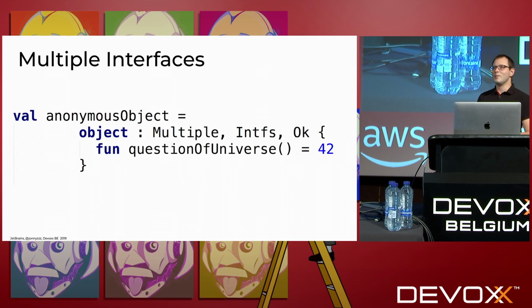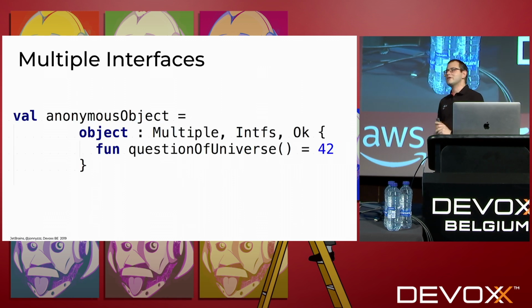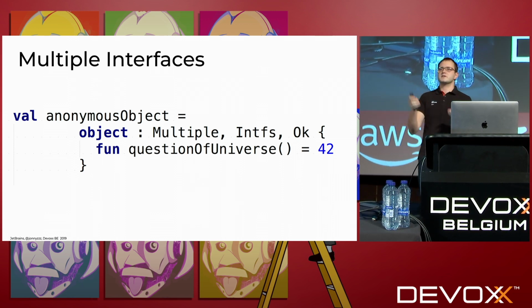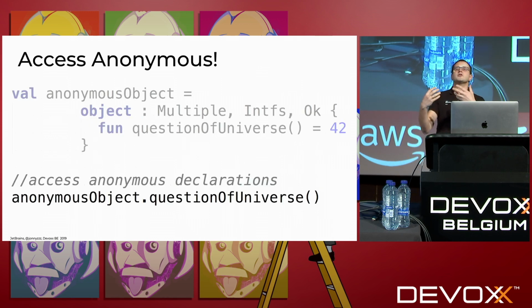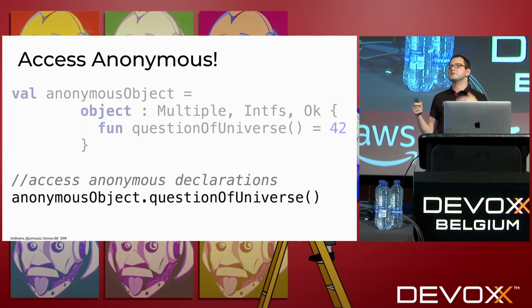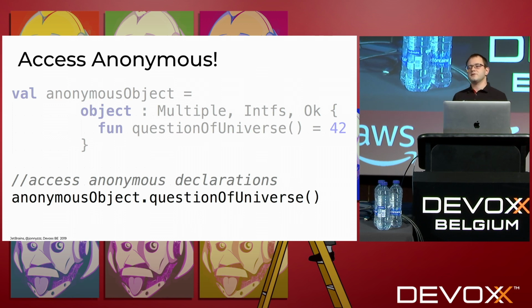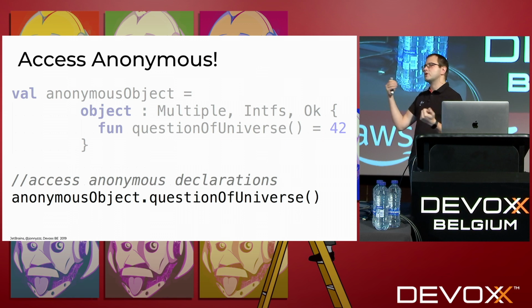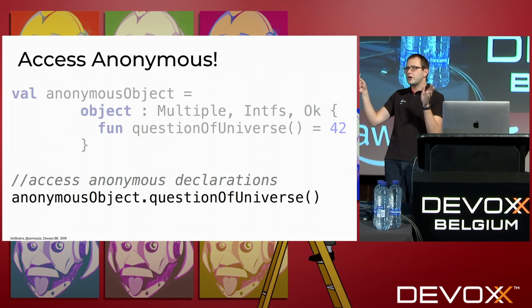OK. Well, here comes yet another fact. In Kotlin, you may implement as many interfaces and a base class within the same anonymous object. You do it this way. And if you do so, and this declaration is private, you can access anything inside this object, which you declare there, without overrides or something. But only if this declaration is private. It helps if you deal with some callbacks or complicated things. It just helps you to write less code.